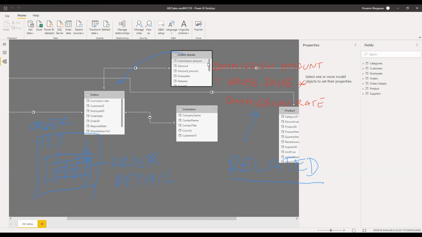So if you would like to know whether you can relate that value or not, the easy way to notice is that, firstly, if you use the RELATED function and it doesn't show anything to you, that is one sign that you can't relate those values together. But on the other way around,